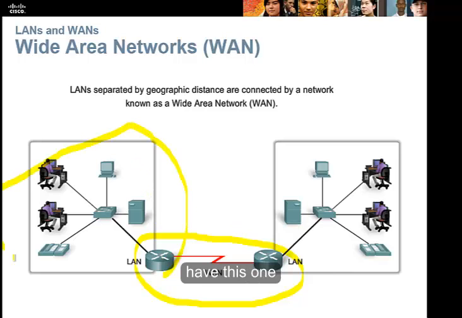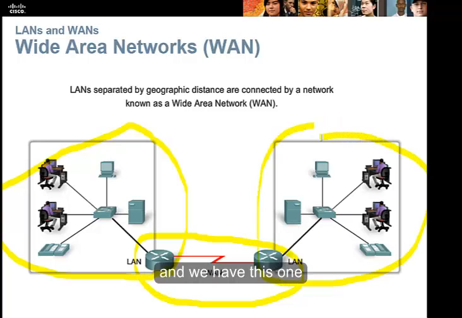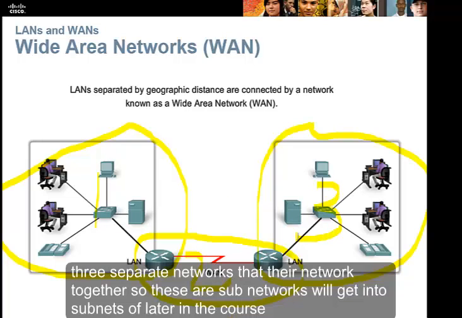We have this one, and we have this one. So in reality, we have one, two, three separate networks, but they're networked together. So these are subnetworks. We'll get into subnets later in the chapter or in the unit.